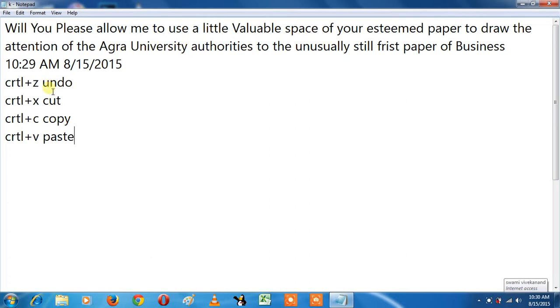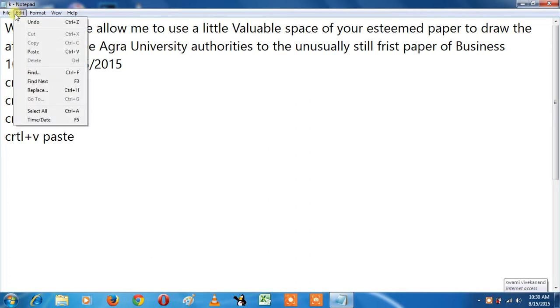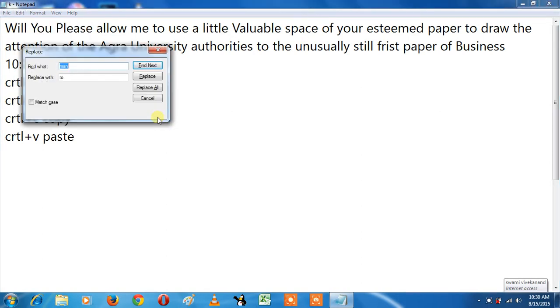Control plus F for Find, and Find Next is F3. Replace is Control plus H. If I press Control plus H here, then the Replace option will come.